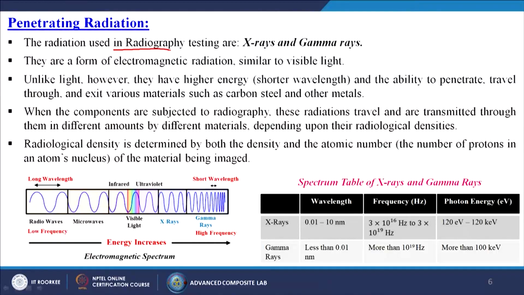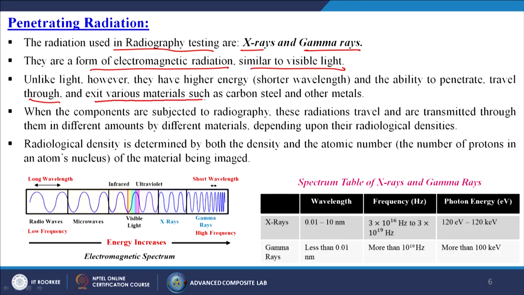Now, the first one is called penetrating radiations. What is that? The radiations used in radiography testing are X-rays and gamma rays, as I already told you. They are a form of electromagnetic radiation similar to visible light. Unlike light, however, they have higher energy, shorter wavelength and the ability to penetrate, which means they have very high energy, so that they can go inside the material itself, travel through and exit various materials such as carbon, steel